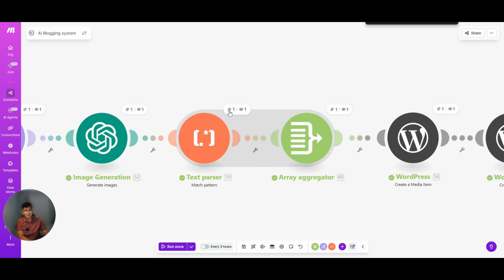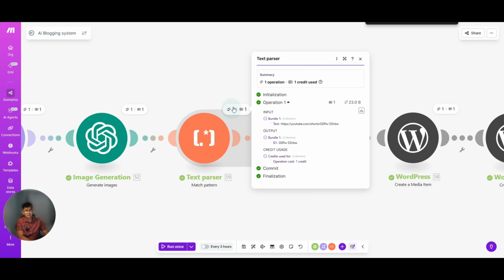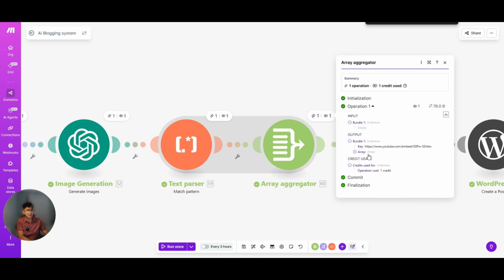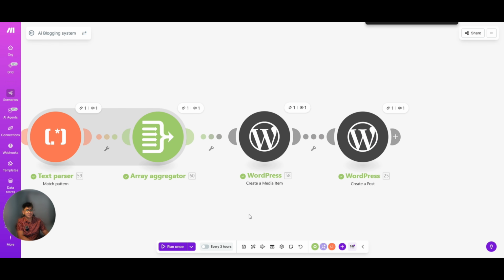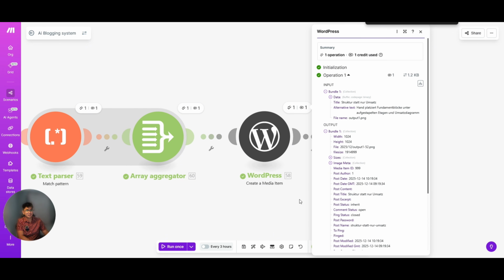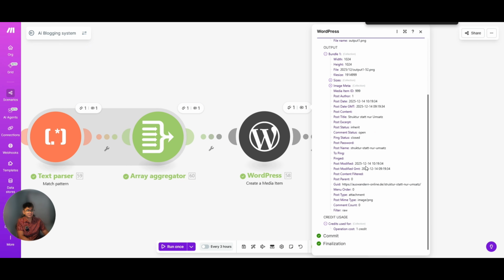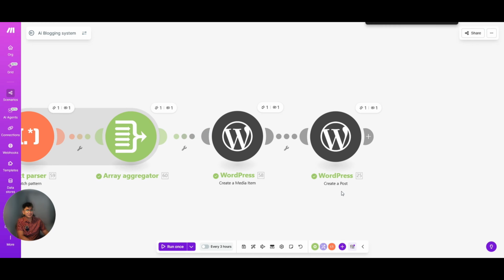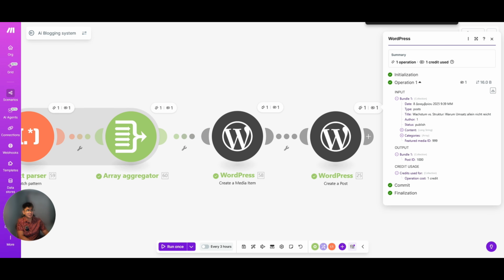And for the parsed YouTube Shorts link, we now get the YouTube video ID, and for the output, we now have a clean embeddable YouTube video URL. And for the media item, it is now successfully uploaded to WordPress.